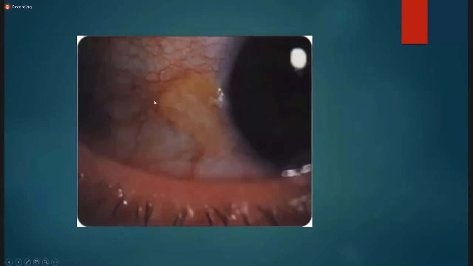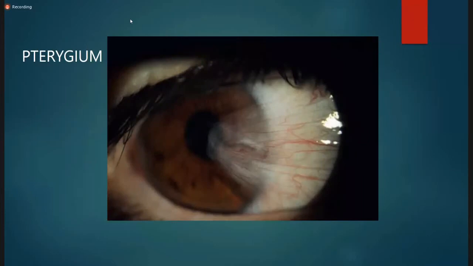This is another figure which is showing a degeneration of the conjunctiva in the interpalpebral space. The space of the eye which is open, and you can see the open part of the sclera. At the limbus, there is a yellowish white deposition. This is known as pinguecula. It is the same pathology as pterygium, but in pterygium, it invades the cornea also.